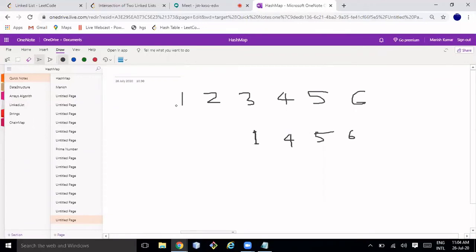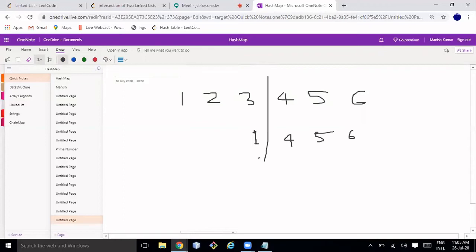So if you start comparing element by element, what will happen? 1 will be compared with 1, then you will move both pointers to the next, right? 2 will be compared to 4, 3 will be compared to 4, 5, 4 is compared with 6. But you have to compare at some point where you expect both to be equal. So you need to find that point, and that point is this one.